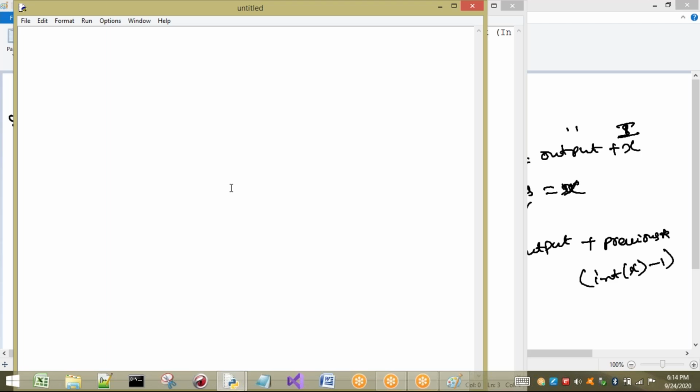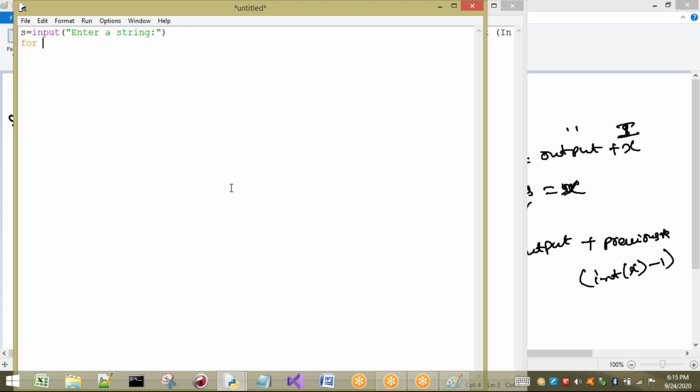Okay, so I want to read the input. For reading the input, I am using a function called input. I want to ask the user to enter a string. Enter a string. After entering a string, what do I have to do? First I have to take an empty output. For temporary purposes, you can take it here directly. Otherwise, when you are using those particular variables, you can also specify them here, no problem. Generally we will not take it initially, but when we require it, we will. While writing the program, I may require this one, and at that time I will declare it.